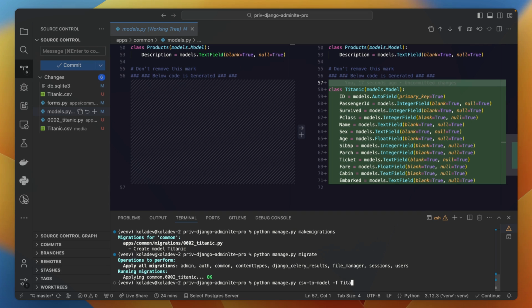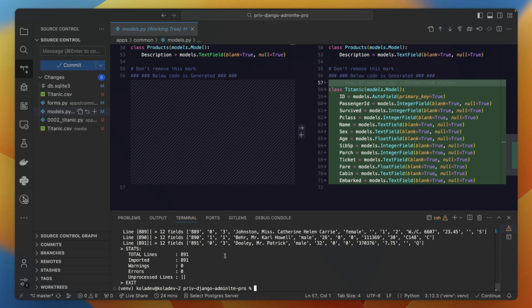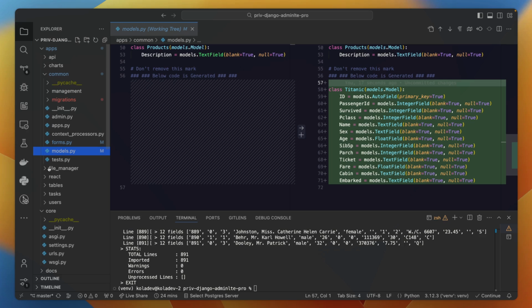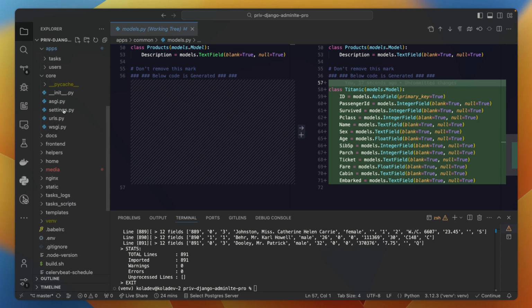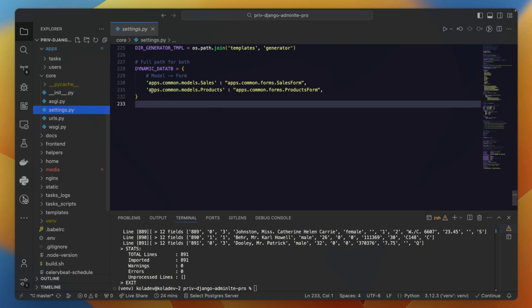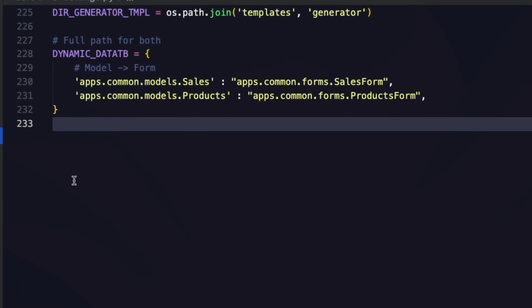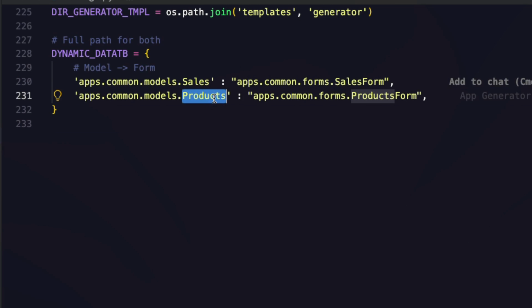So here, Titanic CSV, and then we add the flag -l to specify that we want to load the data in the database. Great. Now this is done, we just need to add one line of code in the settings.py of the project. This line is to specify that we want to create a mapping for the model and the form for the dynamic data table. So you're just going to copy this here